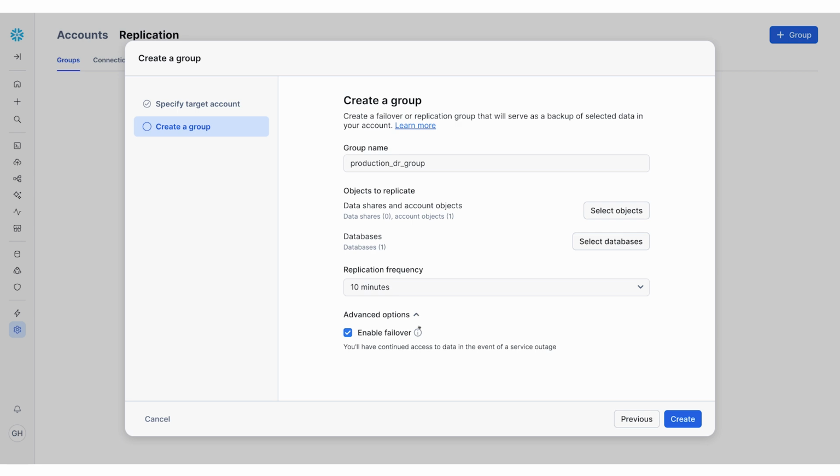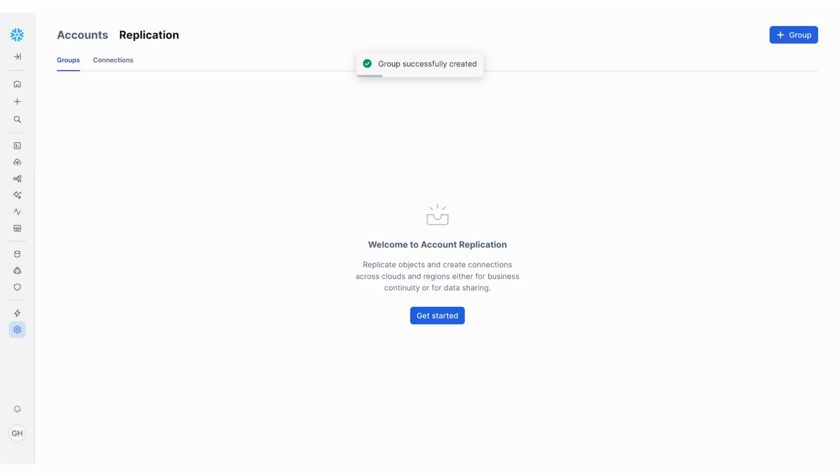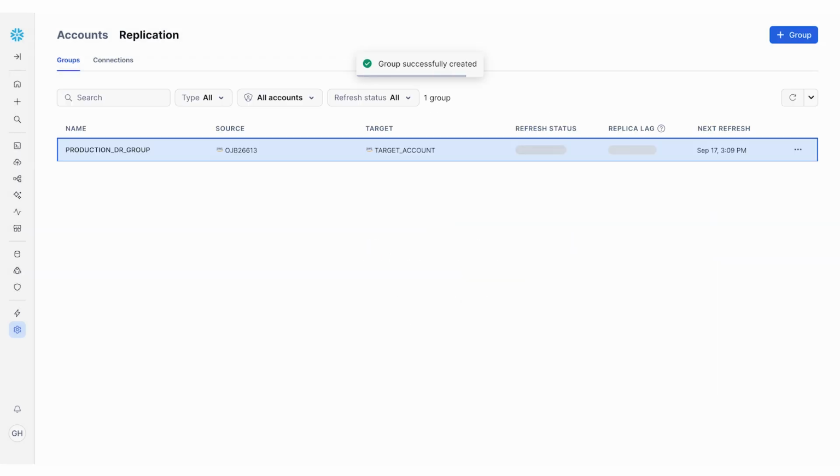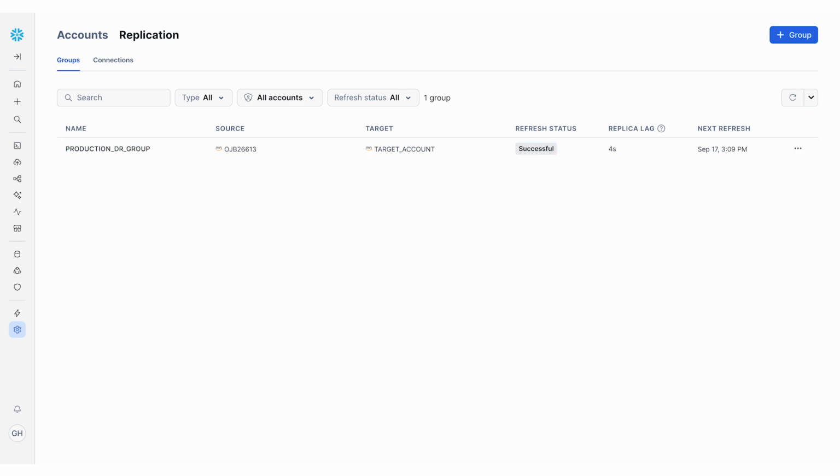And if I expand advanced options here, you'll see that the enable failover option is already selected to true. And so since we're using business critical edition, Snowflake will automatically create a failover group and not just a replication group. So we're going to get both continuous replication and automated failover capabilities. So I'll go ahead and click on create. And you can see that my group was successfully created, and it shows up here in the group section of